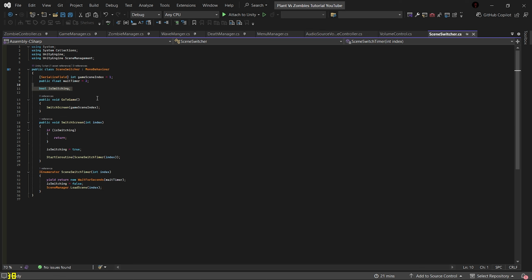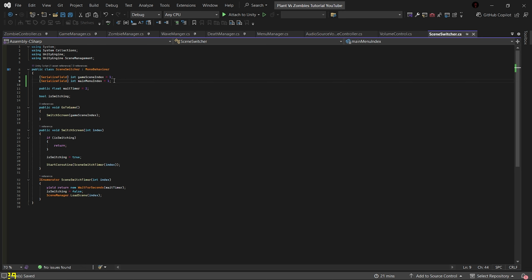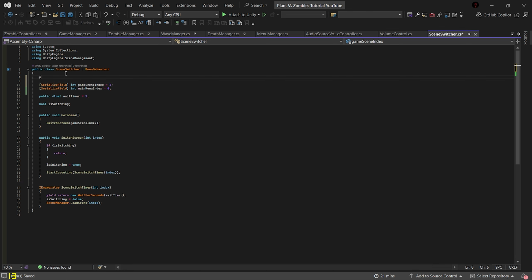So let's just create another index here. Let's just call it the main menu index. This should technically be set to 0. Alright, let's just also have it as a public static scene switcher. Public static scene switcher instance,